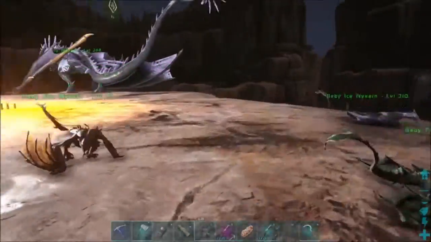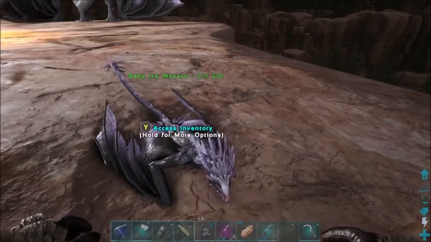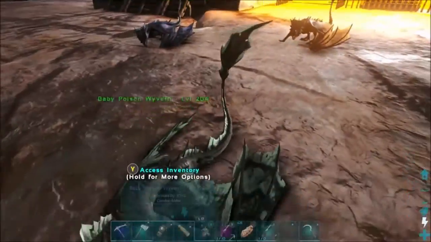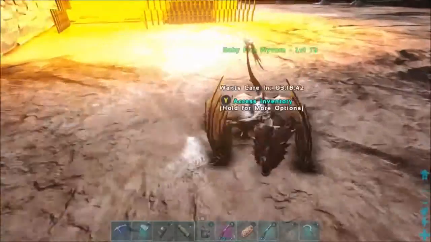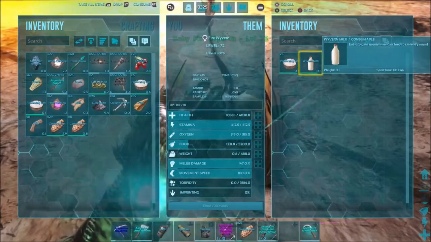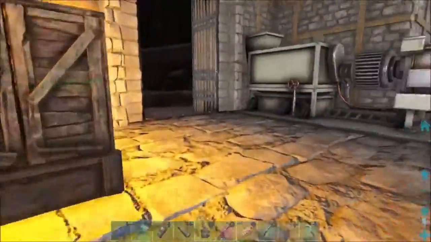But we've got about 3.5 hours on each one of them. Got 320 on him, 350 on him, and we got just under 3 hours on this guy. So I'll probably come back in about 3 hours 15 minutes. I'll probably do some more gathering and stuff. Just make sure. What I am going to do is whack another milk on each one of them,